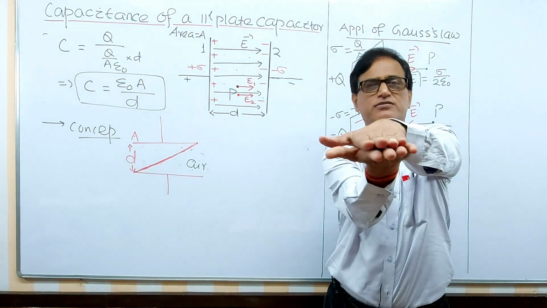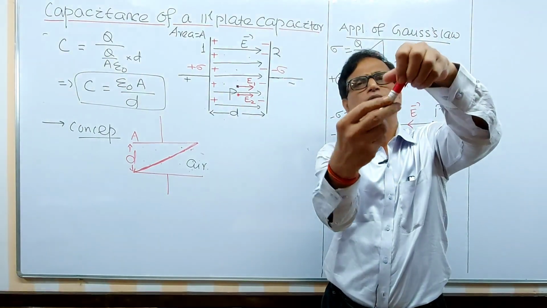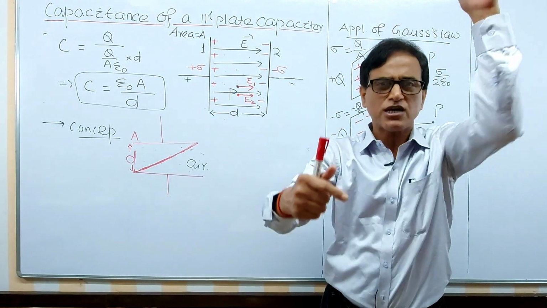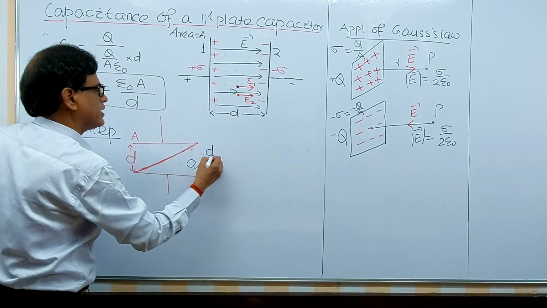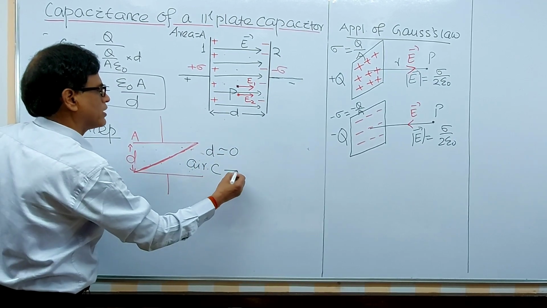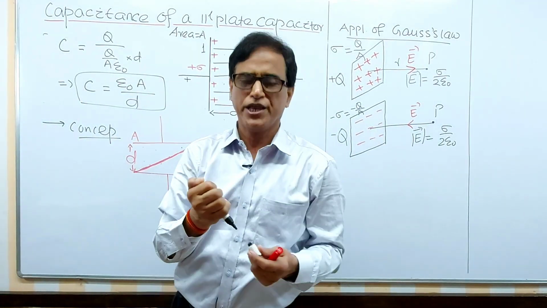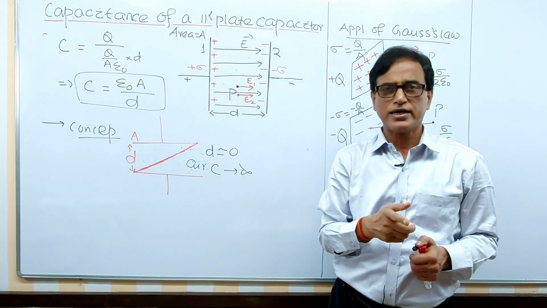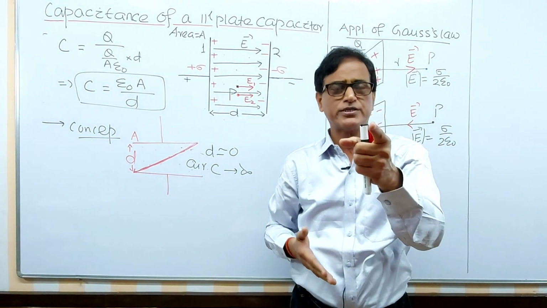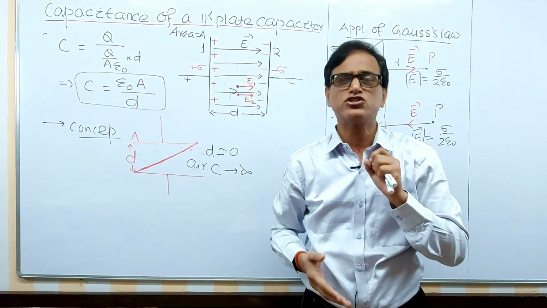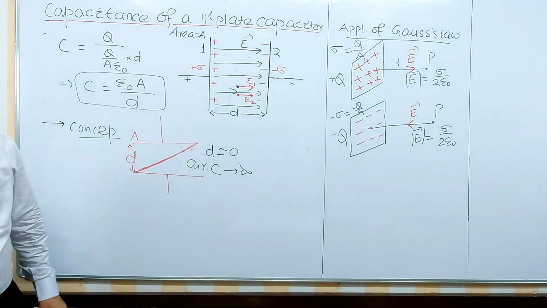There is no thickness of the insulator because the plates are connected. It is exactly the same as this. So there are two plates with an insulator, but I am connecting them by means of a conductor. If you give a positive charge, it will flow across this. It cannot be a capacitor. That's why in this case we can say D can be taken as 0. When D becomes 0, capacitance becomes infinite, remember. It's a very important conceptual question. If you are asked what happens to the capacitance when two plates of a capacitor are connected by a conducting plate, most students write that capacitance is 0. The answer is no. Capacitance becomes undefined or infinite, we can say. The first concept is over.